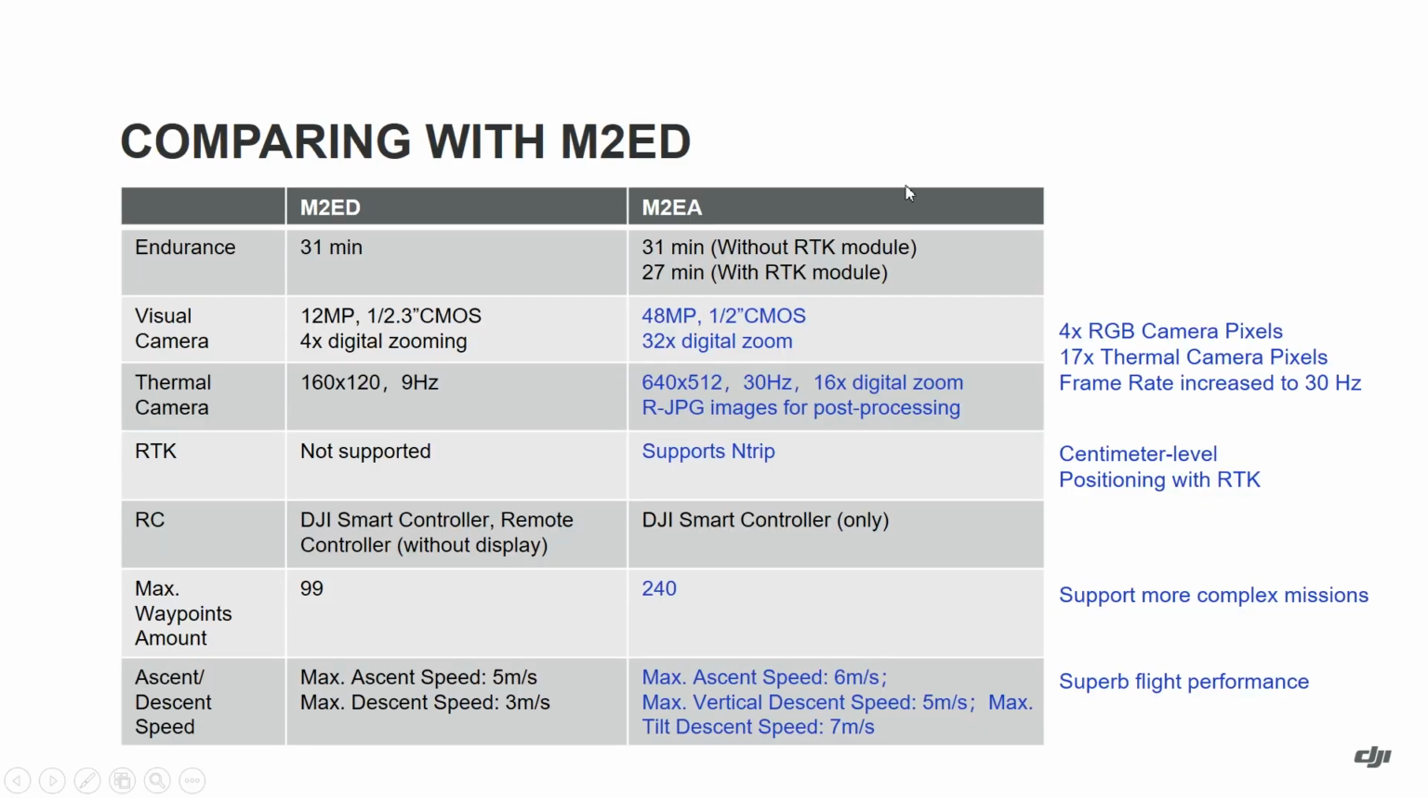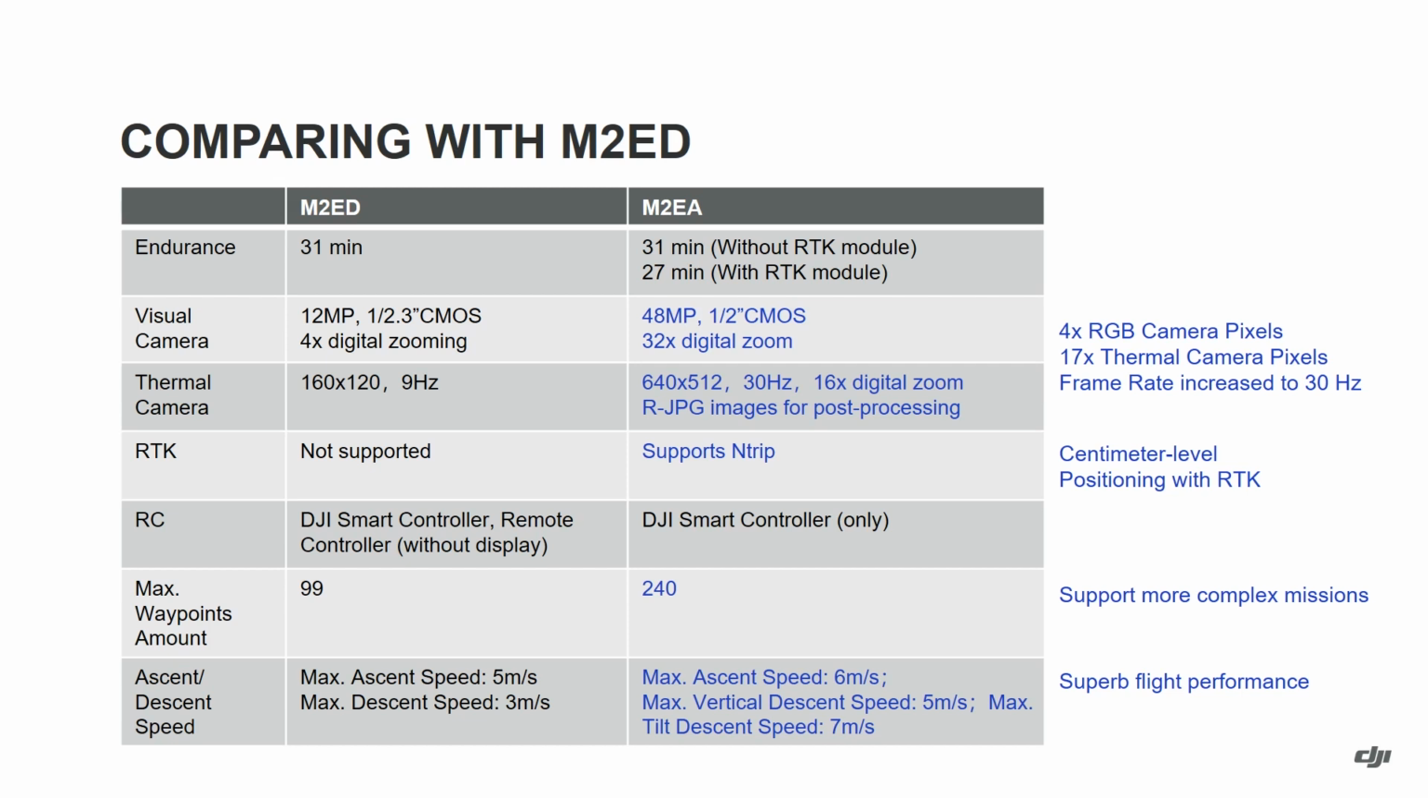So here we have a more detailed comparison between the Mavic 2 Enterprise Advanced and the previous Mavic 2 Enterprise Dual. As we mentioned, the pixel number of the visual camera has been increased 4 times to 48 megapixels. And we also have the outstanding 32 times digital zoom in this generation. The thermal resolution is even 17 times that of the previous Mavic 2 Enterprise Dual. And we have also improved the frame rate from 9 Hz to 30 Hz, which means much smoother thermal